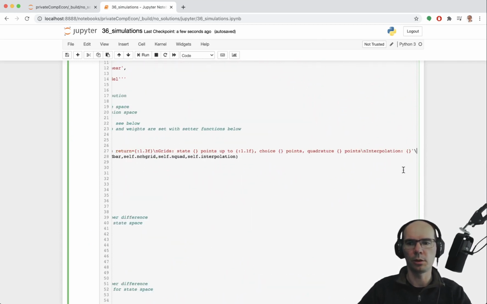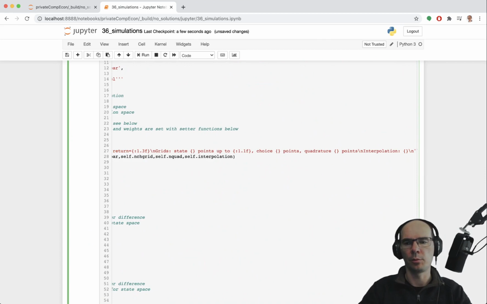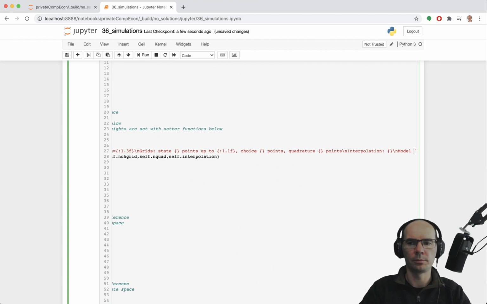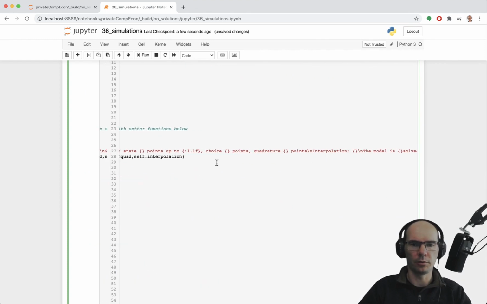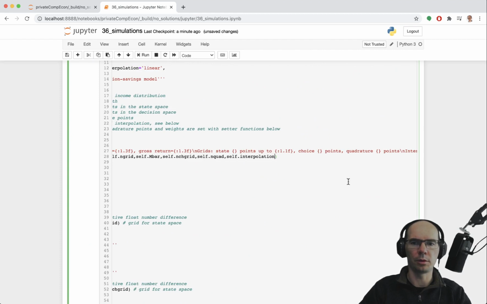Now let's modify the representation of the class here. I just want to mention whether the model was solved or not. So we can add another line to the representation here. \n is a new line character, so we will get a new line in the representation. Model is solved. But you can see that I can insert "not" in here if I need to. Should I say the model? Okay, and then we need to add into the outputs the output that will go into that placeholder, and we want to say "not" if